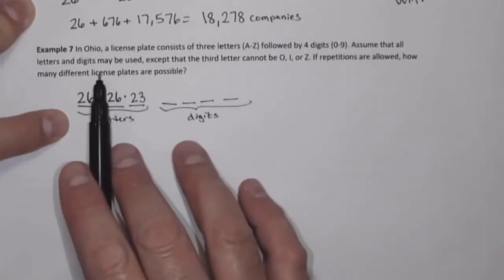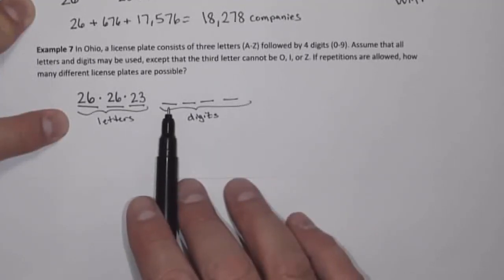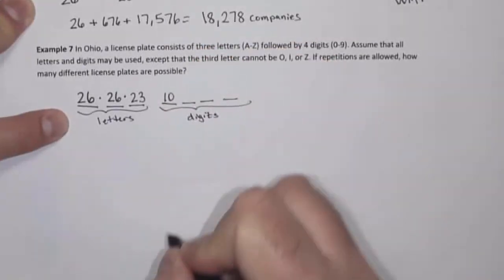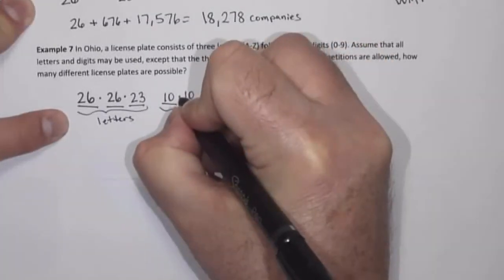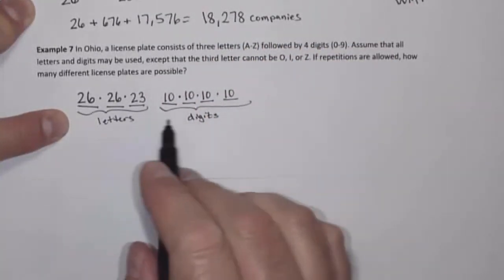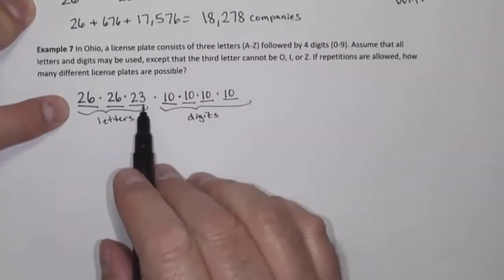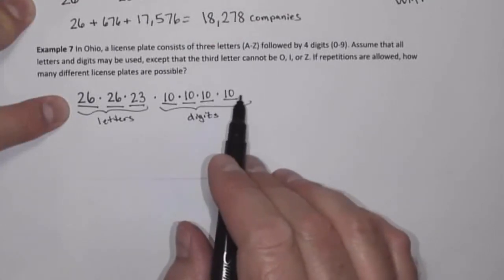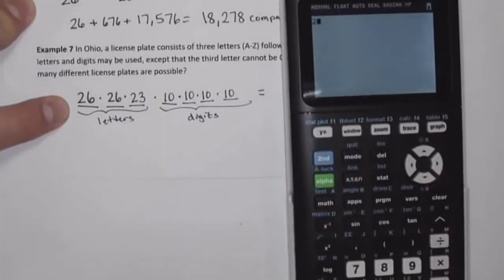Now again, it says that all digits can be used. So for the digits, that could be anything from 0 through 9. So that is 10 choices, and 10 choices, and 10 choices, and 10 choices. So there would be 10 times 10 times 10 times 10 different choices for the 4 digits. So there would be 26 times 26 times 23 times 10 times 10 times 10 times 10 different license plates possible. So if we do that, 26 times 26 times 23 times 10 times 10 times 10 times 10, that is